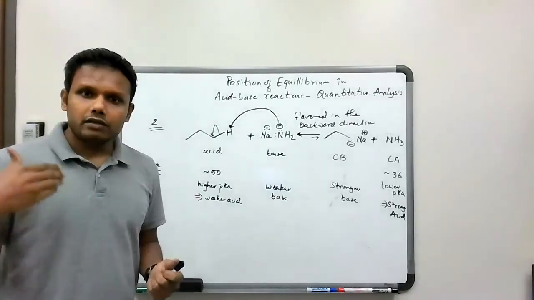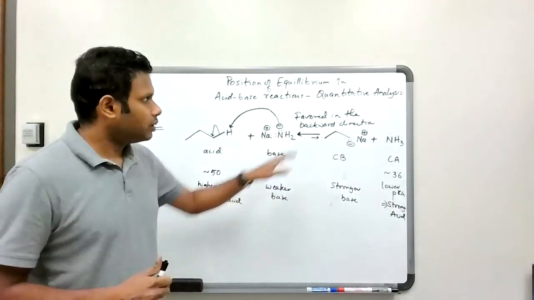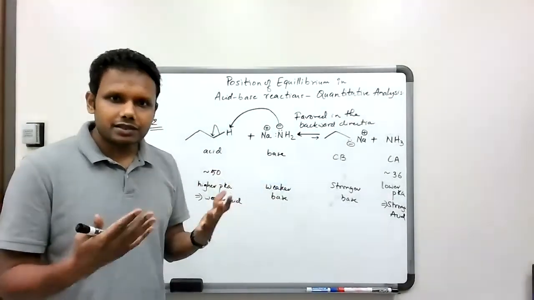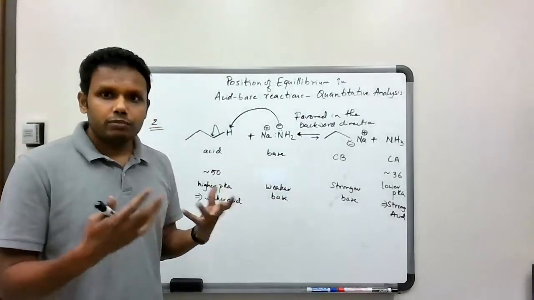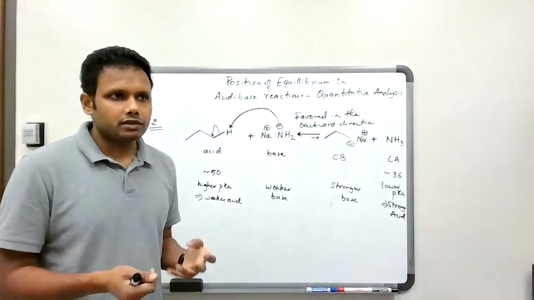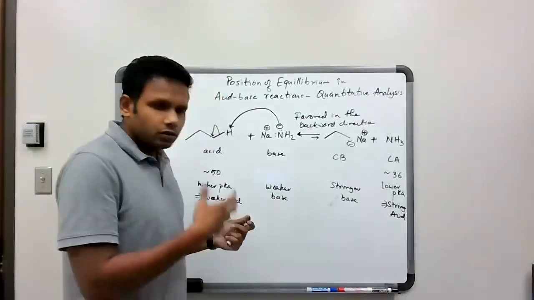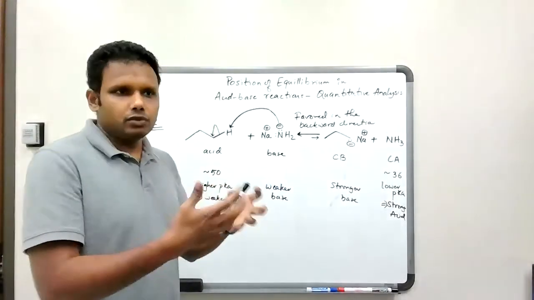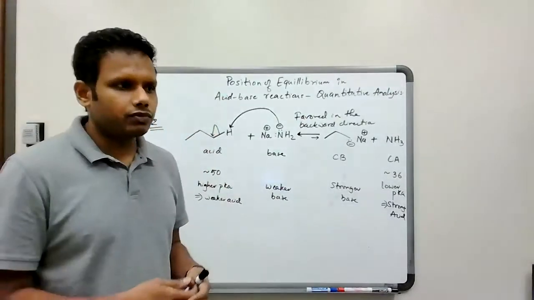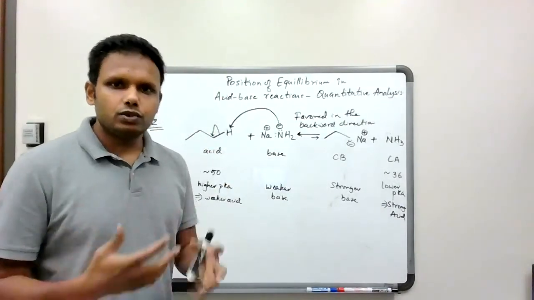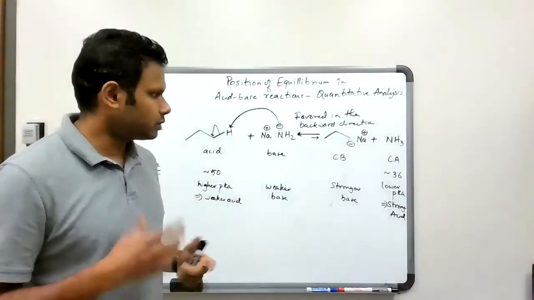Now, in the next section, we are going to talk about qualitative analysis. That means, how do you assess acid strengths when pKa values are not given? Because there are so many organic molecules. You will not have pKa values for all organic molecules in a table. So we need to do this qualitatively. So that is where we are going